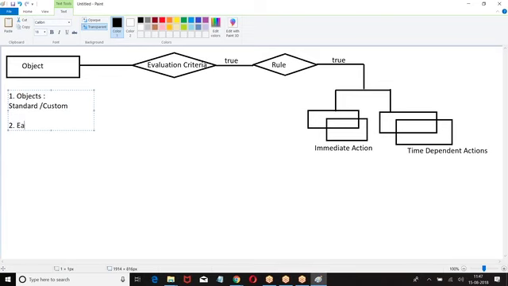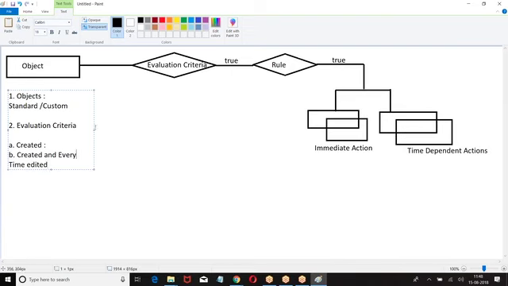Then what is the evaluation criteria? Created: when a new record is created. And every time edited, or you can say anytime edited.